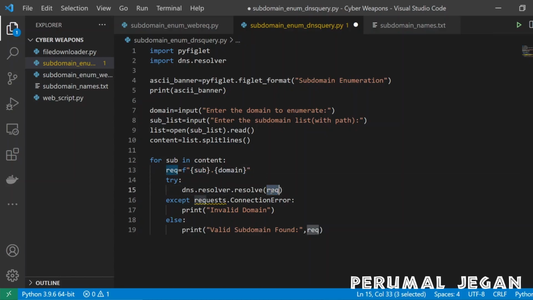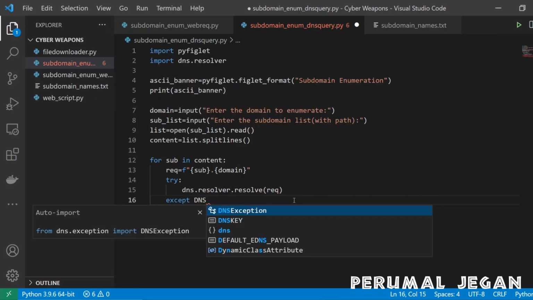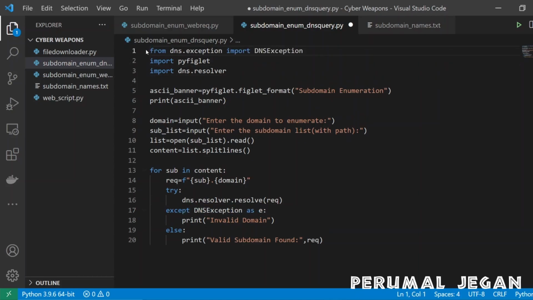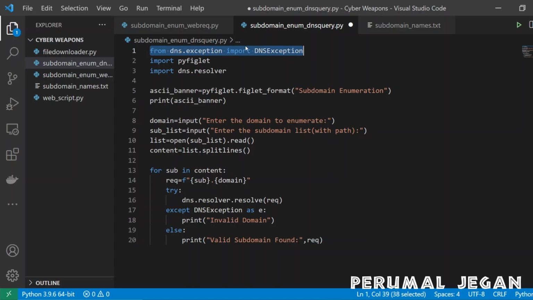I called the variable here, and the exception will be different, and the exception is DNS exception. I'm just calling this DNS exception here as E. Now I added this line. We can notice a new line is added here. This is the beauty of Visual Studio Code. Whenever you are calling some new function, the respective library will be added at the top. So that is what happened here.